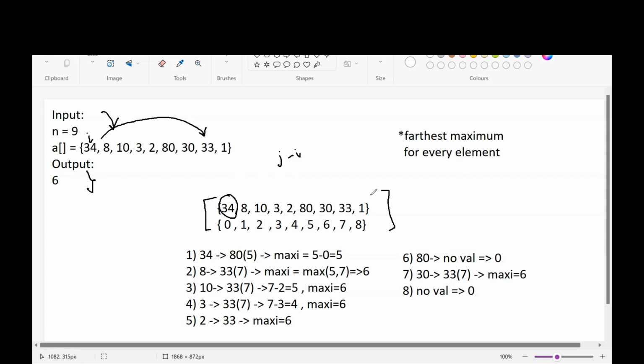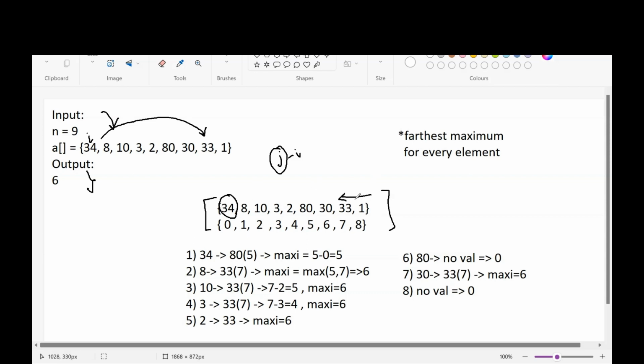Let us check from the opposite direction. For every element, we'll be starting a loop from the end. In order to minimize the number of steps we are taking to find the jth element, we will start from the end of the array. From here we will check which is the first element which is greater than my 34 element.